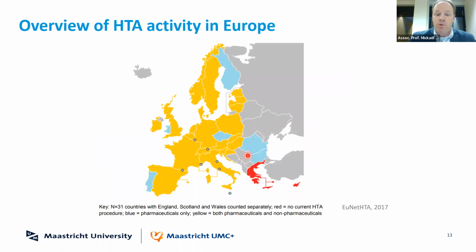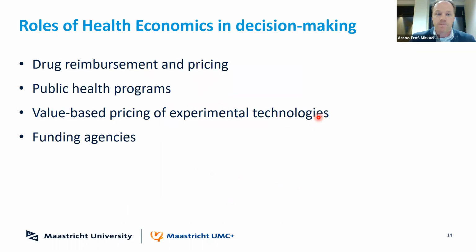HTA is becoming more and more important in an increasing number of countries. On this slide, you see the HTA activity in European countries, and in the yellow countries, you see that we have an HTA agency for both pharmaceuticals and non-pharmaceuticals. And even in countries from other parts of the world, we really see an increasing number of HTA agencies and HTA activities. The role of health economics is thus becoming increasingly important, in particular in the drug reimbursement and pricing